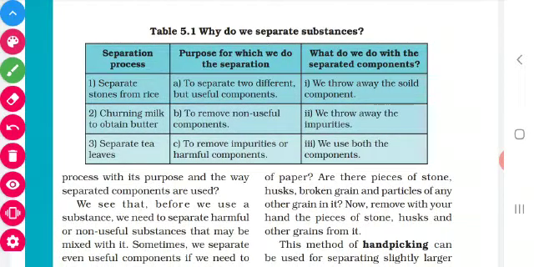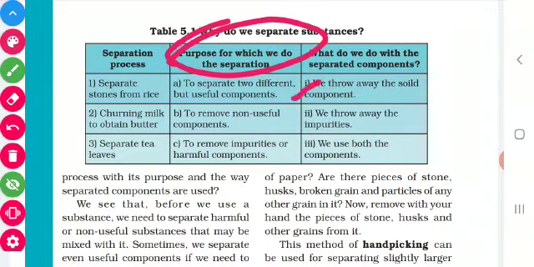Now we can see the purposes for which we do separation. The first one is to separate two different but useful components. For example, take churning of curd. What happens on churning of curd?